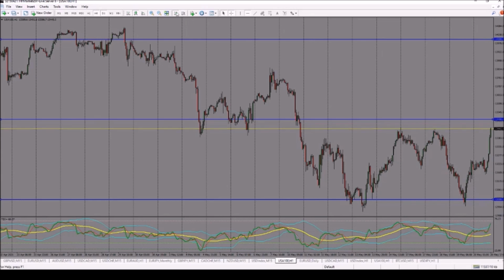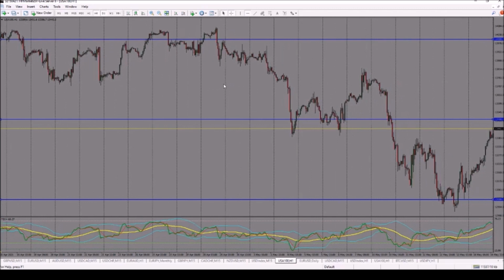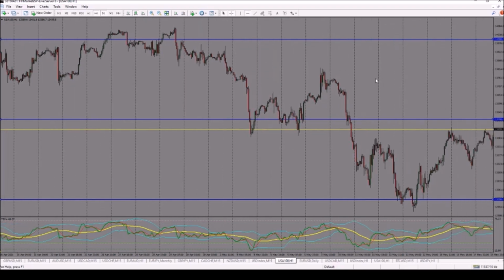So as you can see, I've marked this, and by confluence we mean a reversal setup at these quarter levels. So this was a level that we could actually anticipate before it actually happened, and a reversal setup was issued at this point, and the market went down to another quarter level. On this quarter level, a reversal setup was also issued, and the market did this. Then after that, the market